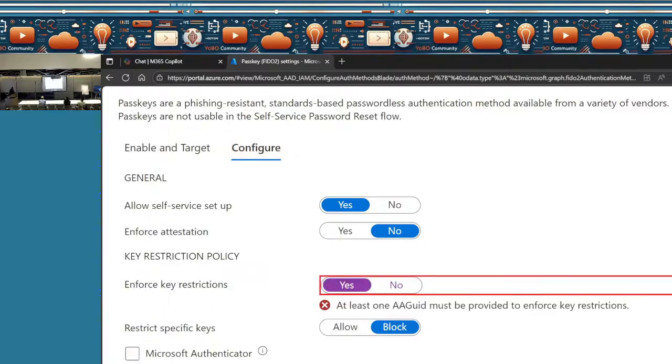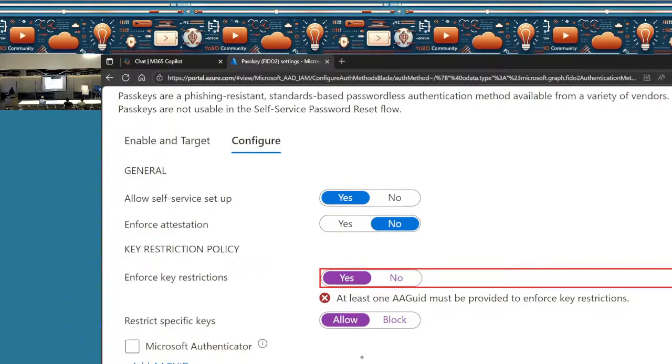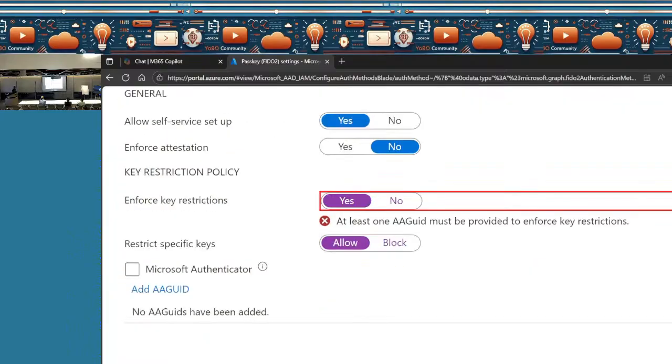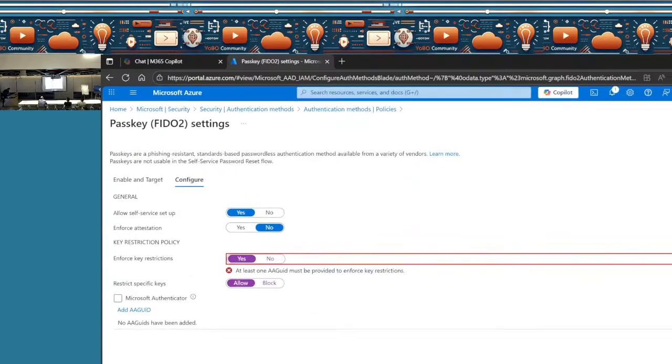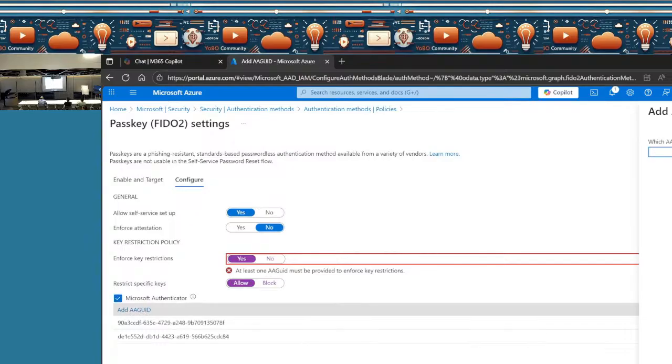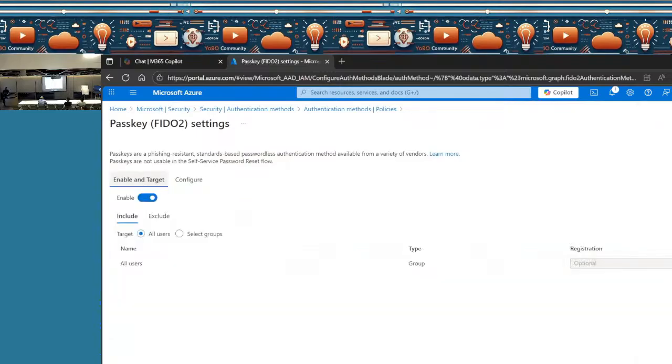So here I told you about Bluetooth and AAGUIDs being allowed. This is something which we can add here. So specific devices will only be allowed for the Bluetooth functionality. So these are the AAGUIDs which I was talking about. You can restrict what kind of devices would be allowed from an organization perspective. So you can enter Microsoft Authenticator, and if you have something more to be added as well, this is something you can add. Also, from an authenticator perspective, you would be able to do it.